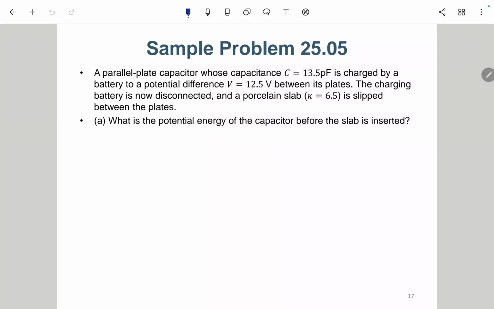So let's take a look at this sample problem. It said a parallel plate capacitor whose capacitance C is charged by a battery to a potential difference V between its plates. 就是有一个平衡板电容嘛，我们就对它充电充到这个电压值或者是这个电位差。The charging battery is now disconnected, and